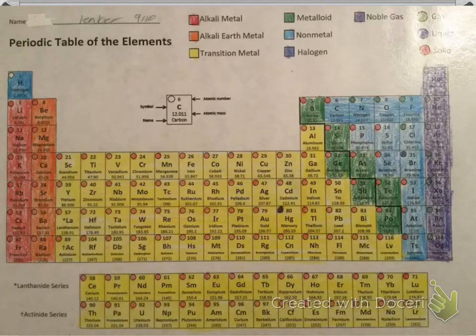Hey guys, so this is a crash course review on reading the periodic table of elements. A couple of assignments above this fun sheet was one that just said periodic tables, and if you opened that, there was a copy of this color-coded periodic table, and then there was a blank black and white one. If you have a printer and you want to color your own, then print the blank black and white one and color it to match the example that's in there already colored, and make sure you match the key coloring up top as well, because that's important when we start talking about the different